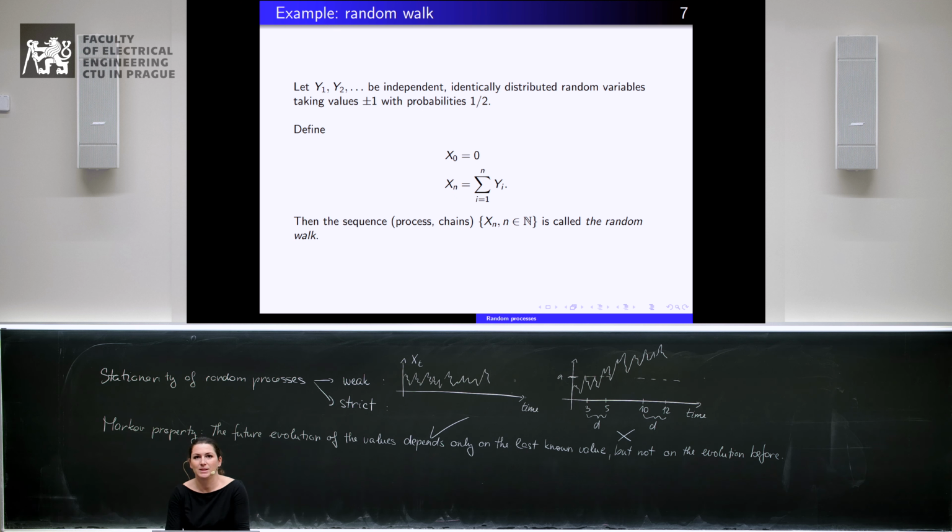So, some examples of Markov chains. The simplest example which you can have is the example of a random walk. The random walk is described briefly on the slide, and in fact the random walk means that